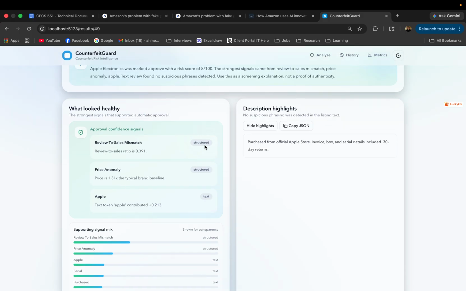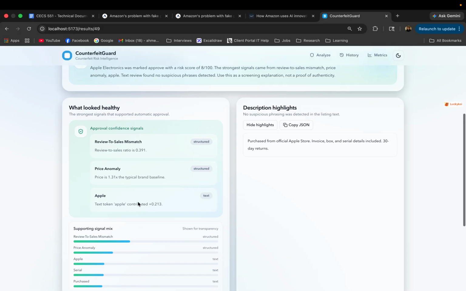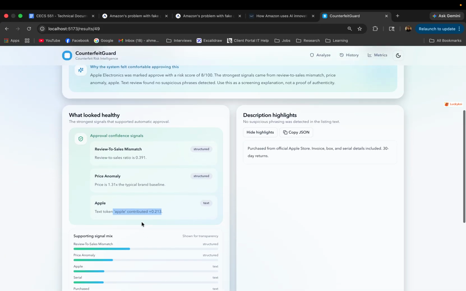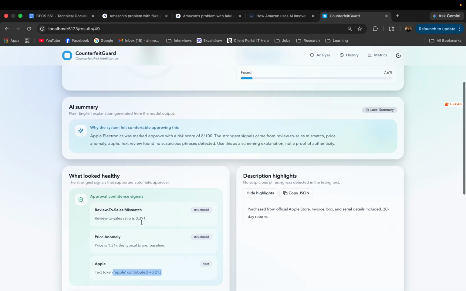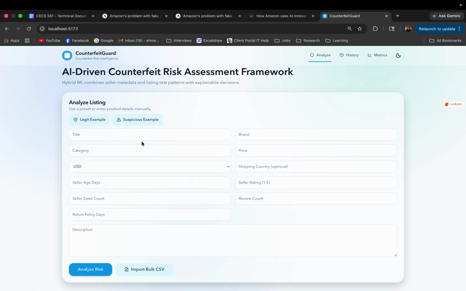For example, our structured model said that the review to sale ratio is 0.31 and the price anomaly is 1.3x the typical brand baseline, and the token Apple contributed this factor, which these different factors led to the product being approved. And then if we go to a different example,